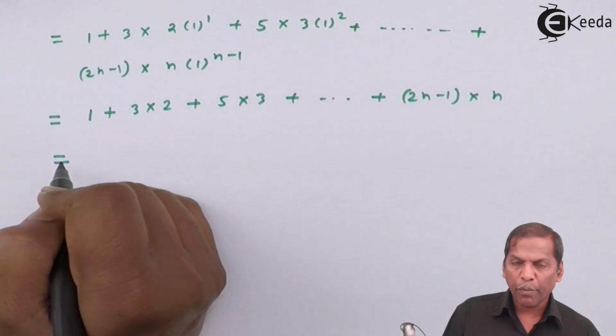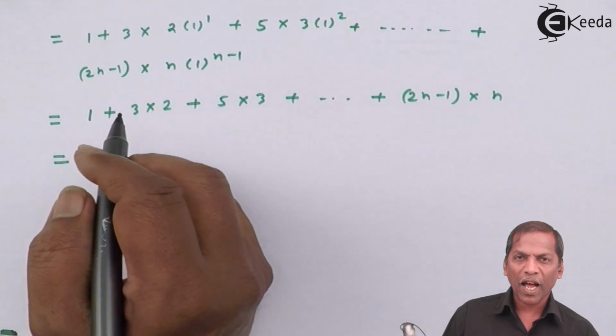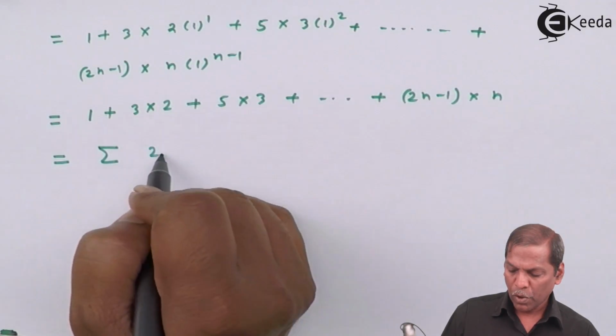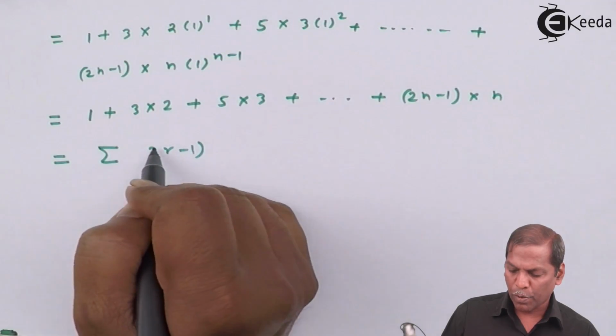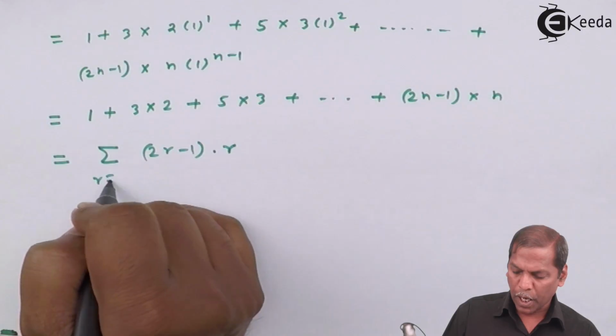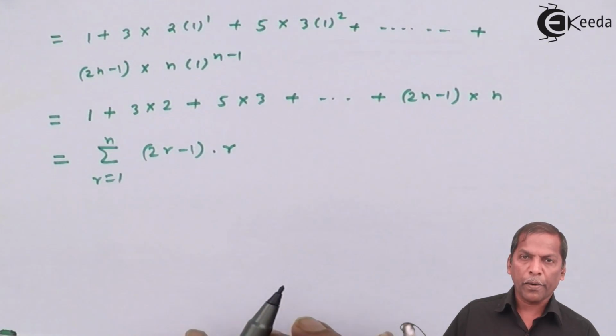So this can be written in summation notation as summation of (2r minus 1) into r, as r takes values 1 to n,